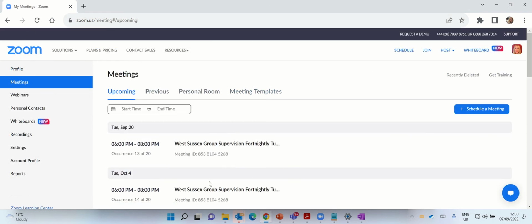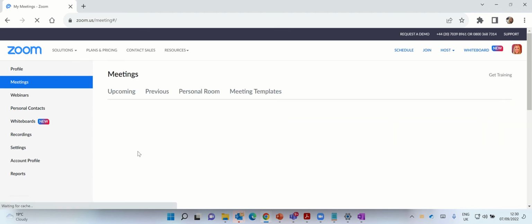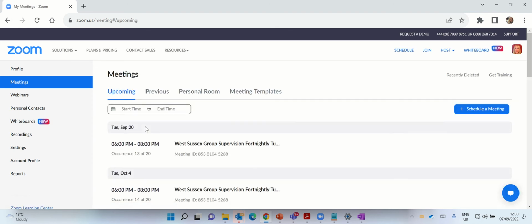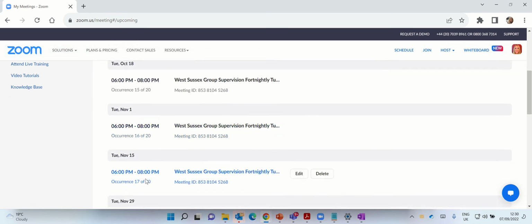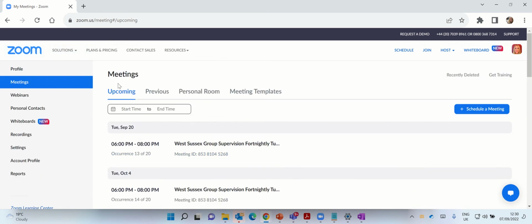When you're in the Zoom sign in, I would go to meetings. Then you've got the upcoming meetings in the calendar, so you can see the ones that I've set up for supervision, which is always coming up telling me when the days are for the supervision meetings. If I want to create a new meeting, I just come over here to the right hand side and select